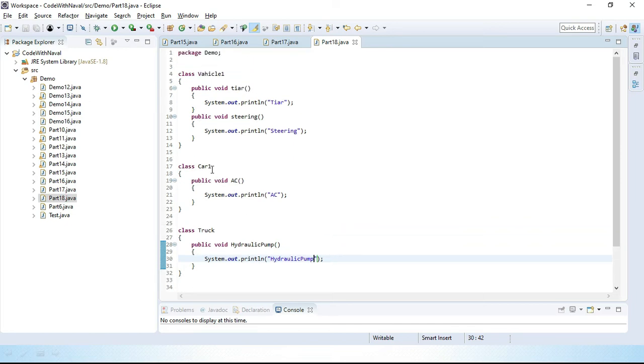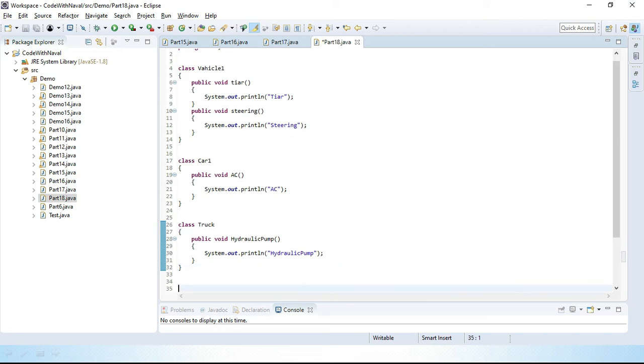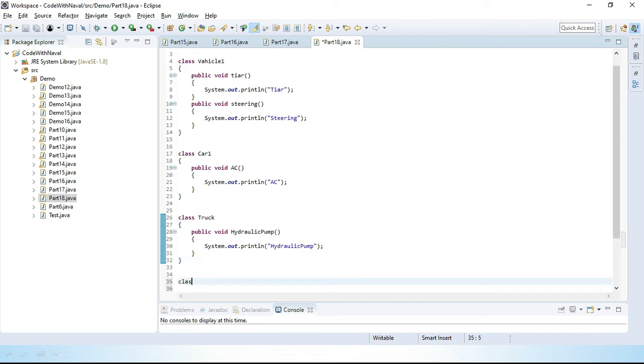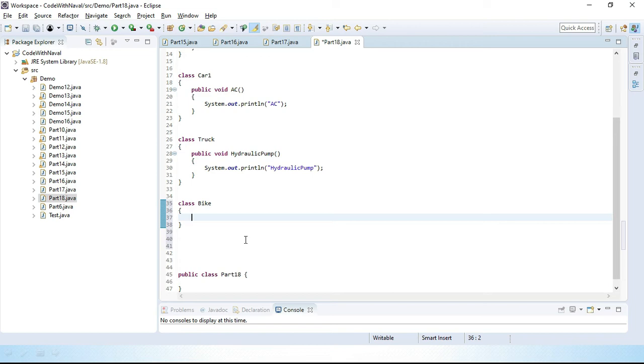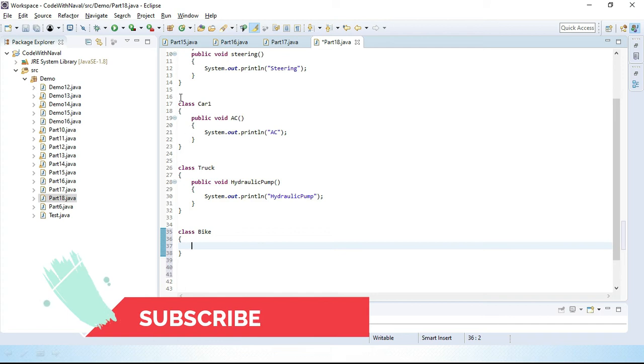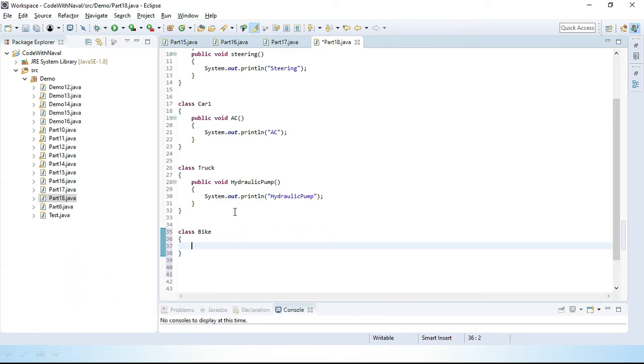Now we have a Car class, then a Truck class, and then we need to create one more class, the Bike class. I'll create class Bike, and inside it only a bike has a stand, side stand or main stand. Only a bike has those features. A truck doesn't have a stand, and a car also doesn't have a stand. Simply create public void stand.